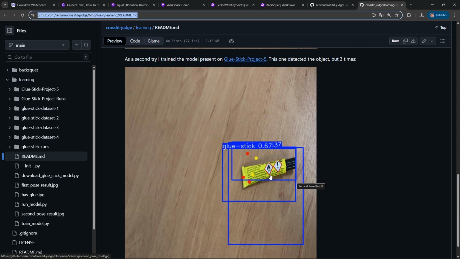So at this point, what I thought was, okay, I got what a data set is, but if I want to build a back squat judge, it is going to be very hard work. I was thinking about filming myself in the gym doing the exercise. In fact, I have done a little bit of that because I thought about training a model to detect the full exercise, but I have a feeling that it would be a lot of work doing that on my own.